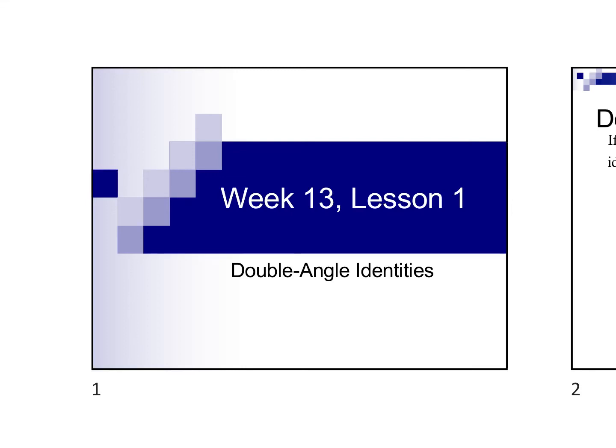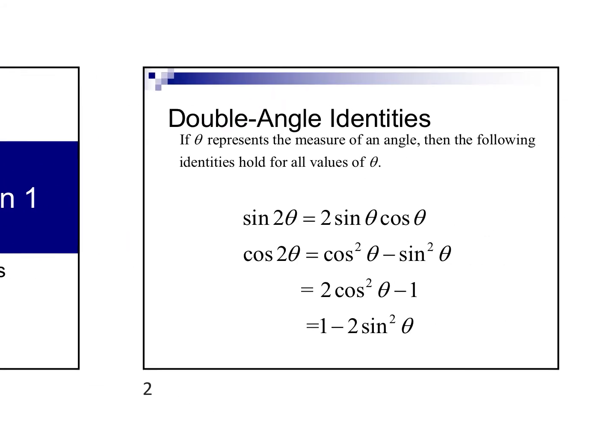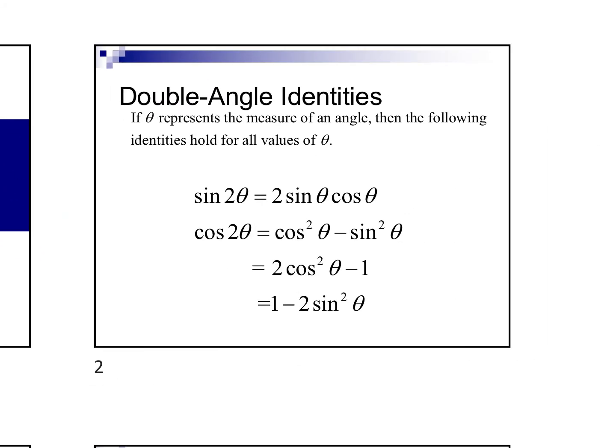Week 13, Lesson 1. Okay, so this video is on double angle identities, and there are formulas for them that look like this. So these are sort of interchangeable, meaning if you were given something in this format, you can rewrite it in this format and it's the same thing. Down here below this blue line, all three of these, 1, 2, 3, are all interchangeable for the cosine of